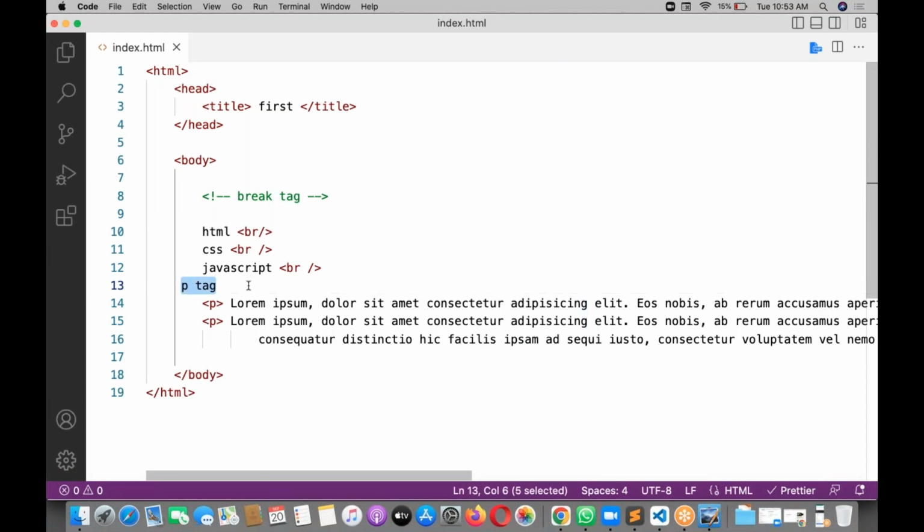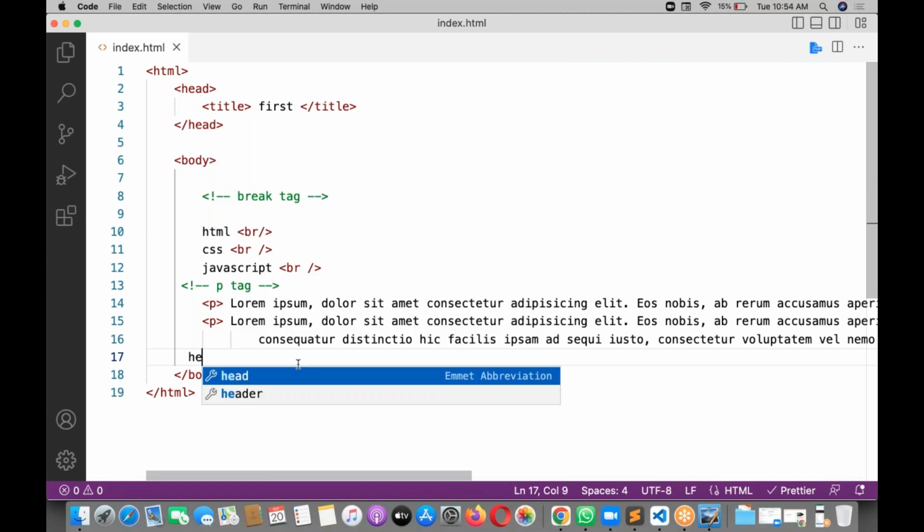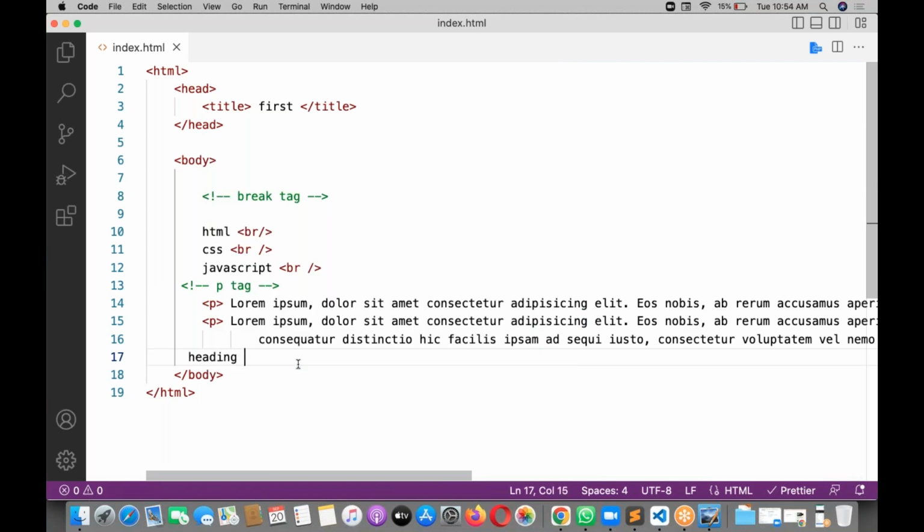This is one more comment. Now I'm trying to write different kinds of headings. Headings are basically h1 to h6. Six headings are there. I just want to write all the headings now. Let me write the h1, and let me go with full stack, web and mobile. I'm writing h1 over there.